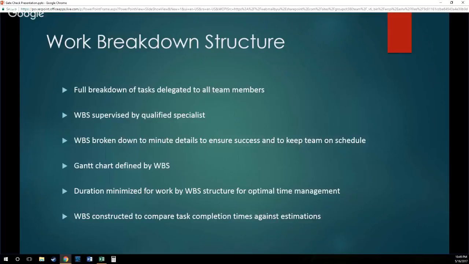The work breakdown structure is a full breakdown of all tasks delegated to each team member. It is supervised by a qualified specialist who has extensive experience completing and supervising the progress of each WBS at his company. It will be broken down into minute-by-minute details to ensure success and to keep the team on schedule